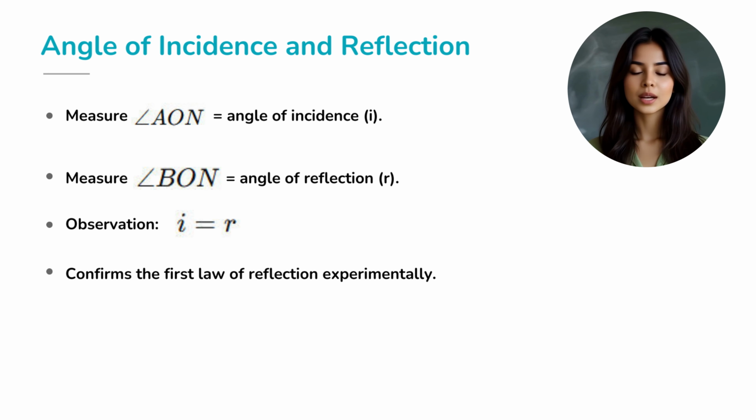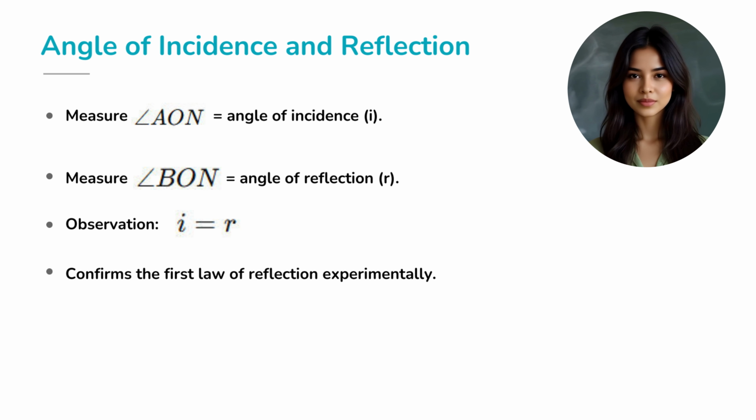Alright, time to test the first law. Measure the angle between OW and ON, that's the angle of incidence, denoted I. Then measure the angle between OR and ON, that's the angle of reflection, denoted R. When you record the data, you find something magical, I equals R. For example, if OW makes 40 degrees with ON, then OR also makes 40 degrees on the other side. So mathematically, I equals R. And there you have it, the first law of reflection, proven with nothing more than pins, a board, and some